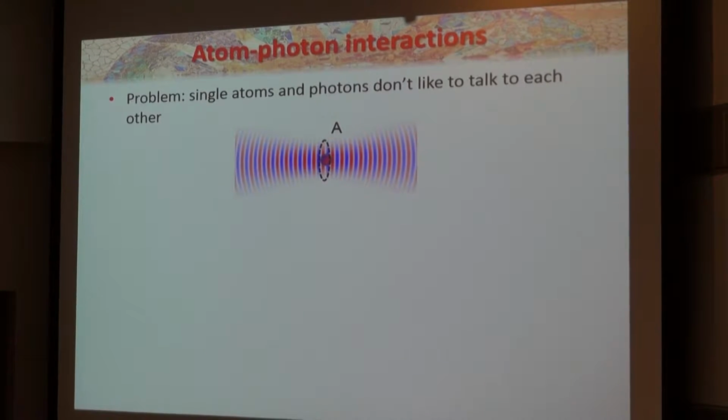There's one big problem with that dream, which is that single atoms and photons just don't like to talk to each other. One way to quantify that is to imagine a single atom, and you focus a laser beam onto that atom. Let's consider some beam that's focused to an area A. You can ask, what's the probability that a single photon in that beam is going to interact with that atom and scatter off in another direction? It turns out the answer is purely geometrical. You can assign an effective scattering cross-section to that atom, and that scattering probability is nothing more than the resonant wavelength of that transition squared divided by the beam area.